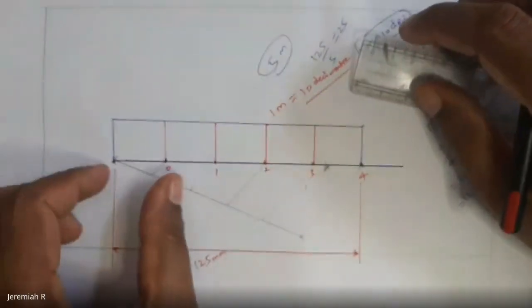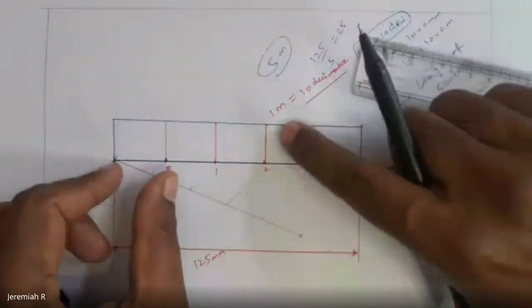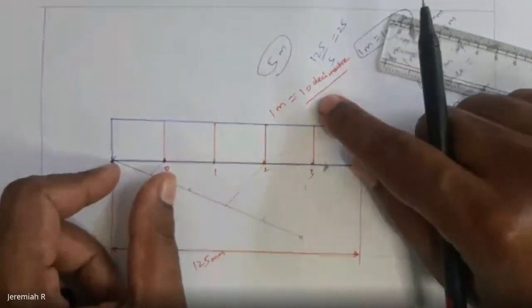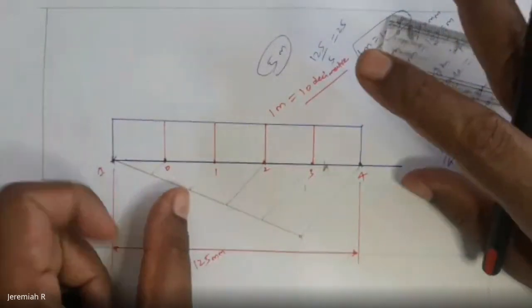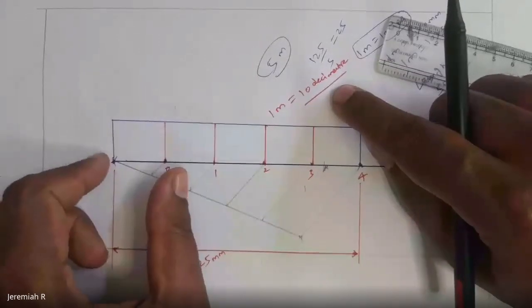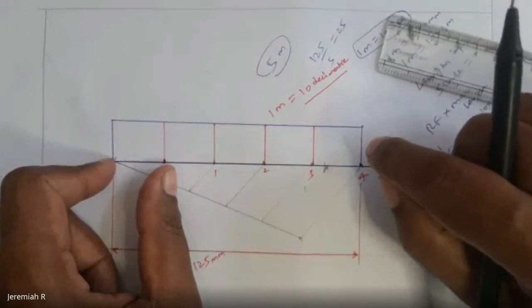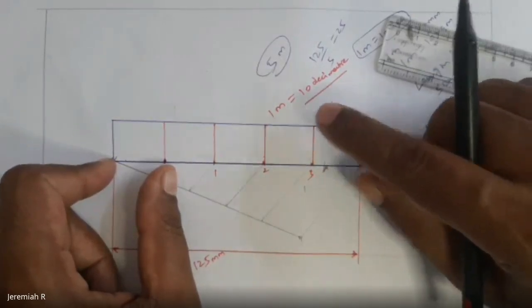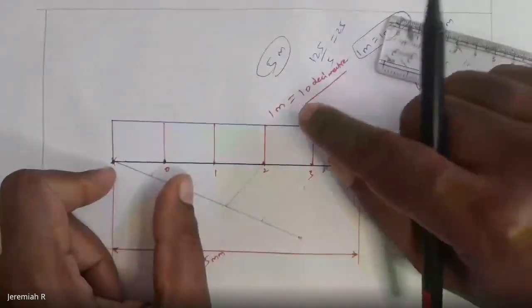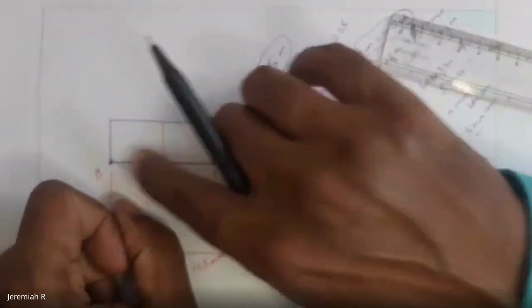Similarly, this is 1 meter, 1 meter, 1 meter. We know 1 meter is equal to 10 decimeter. In case 1 meter is equal to 5 decimeter, we have to divide into 5 equal parts. That's most important, based on the unit. So 1 meter is 10 decimeter, that's why I'm going to divide this into 10 equal parts. There are some different units, like foot, with different proportions, and based on this proportion only you have to divide. That is a fixed rule. Here 1 meter is equal to 10 decimeter. If it is 1 meter equal to 5 decimeter, we divide only into 5 equal parts.